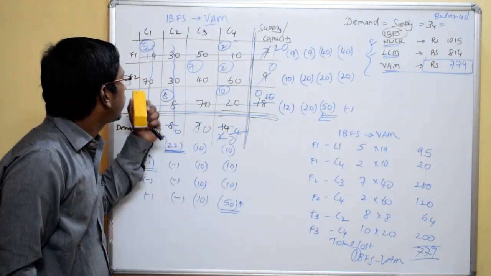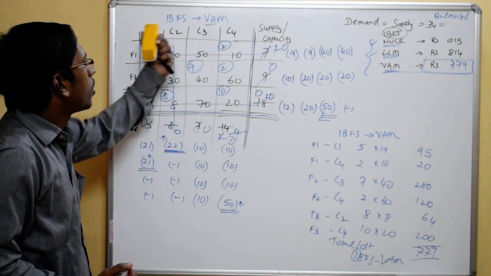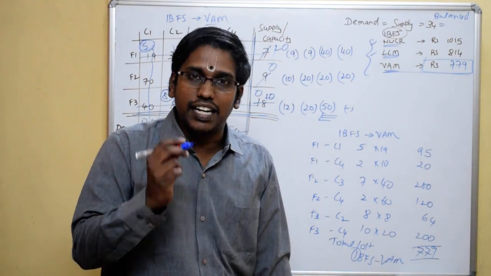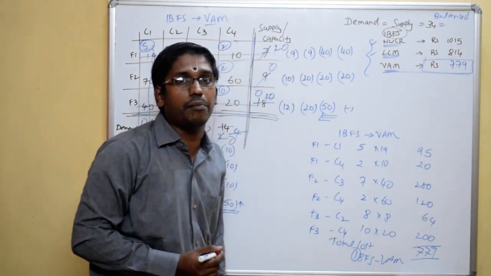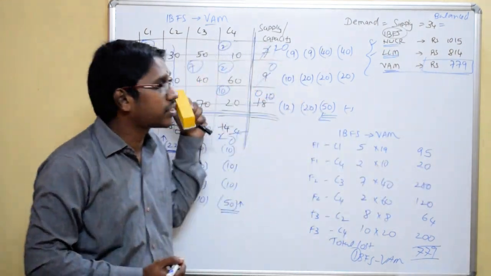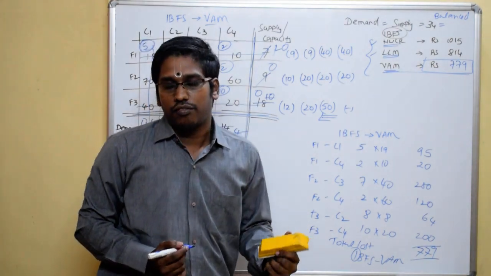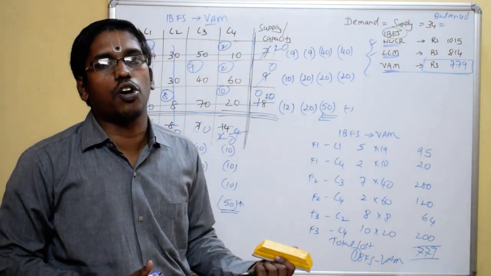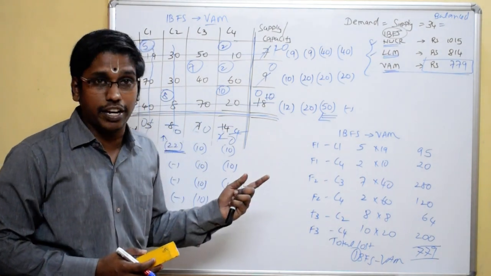Least cost method में हम लोग direct cells जहाँ पे least cost है वहाँ पे allocate करते थे. But here in Vogel's approximation, we are taking incremental cost into consideration. That is one reason why you find that the cost has come down. But I cannot comment at this stage that the cost is the least. To check whether this cost is the least or not, we go to the next step, that is checking a particular solution for optimality. And if a solution is optimal, well and good. If it is not optimal, means और भी cost कम करने का possibility है.